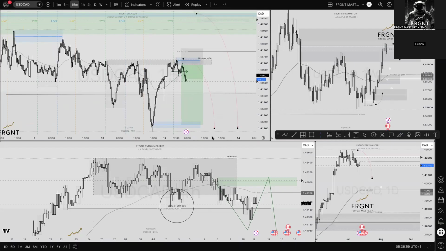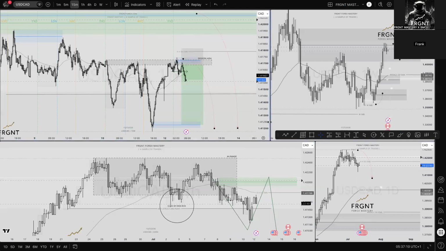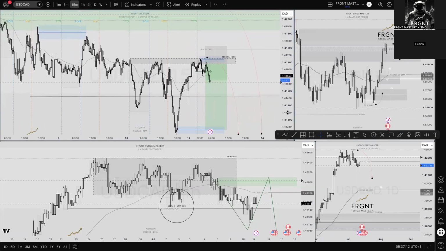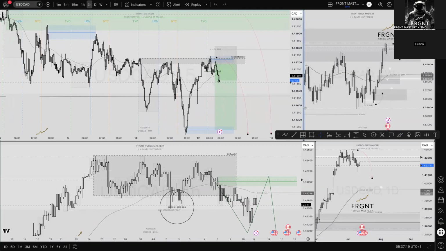Confluence, the pair that you're looking to trade, and just execute. If it doesn't make sense, leave it out. For example, when we start to go through the rest of the pairs today, I'm not going to be looking at all of the pairs because we have a lot of nice looking setups to await. So there's no need to chase other pairs, just simply await the setup that makes sense.